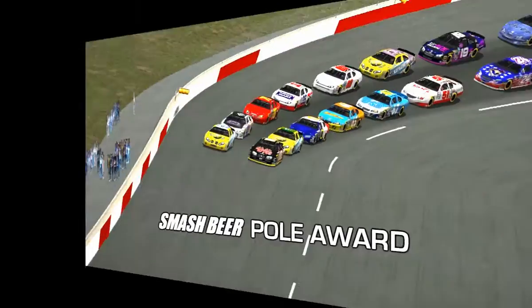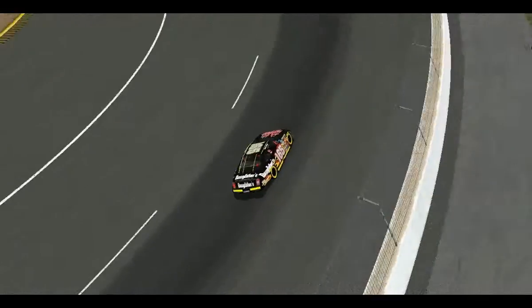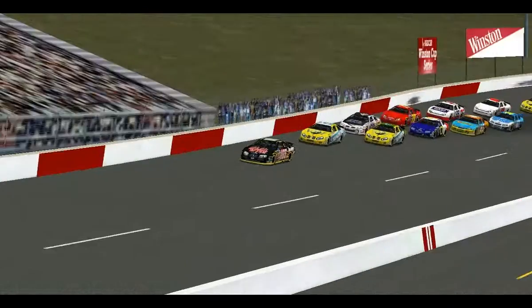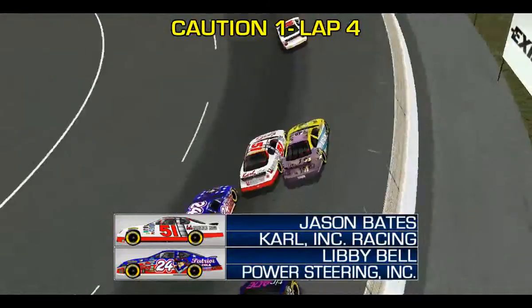Speaking of Jaguar Racing, Holden Roberts takes the Smash Beer Pole Award for round 2, and he gets a great start, pulling away from the Zenith machines of Kyle Eckerton, who started on the outside front row, and Henrietta Laverne, who started in 3rd. However, we get our first caution on lap 4 as Libby Bell tries to go 3